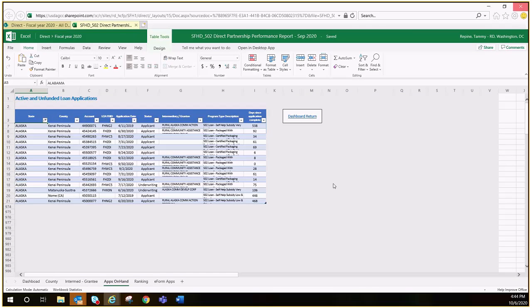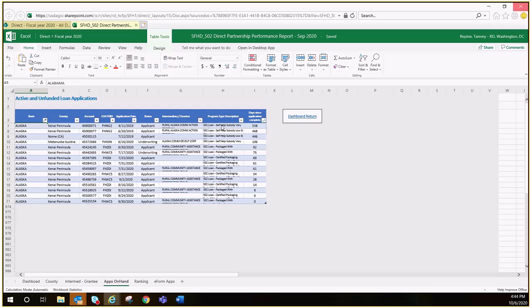Some of the things to look for here is days since the application has been complete. So you may want to sort that from largest to smallest and take a look at